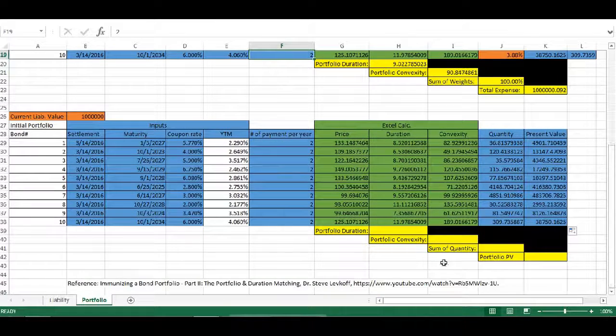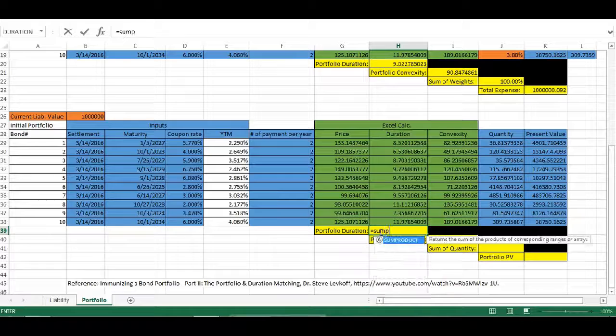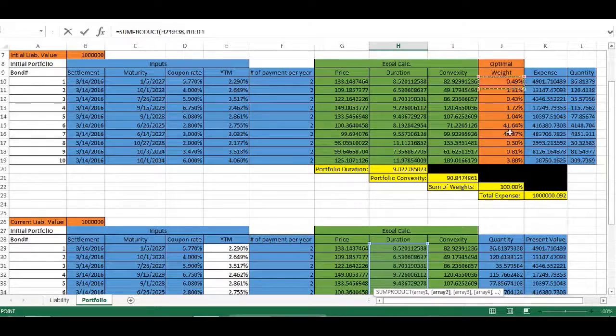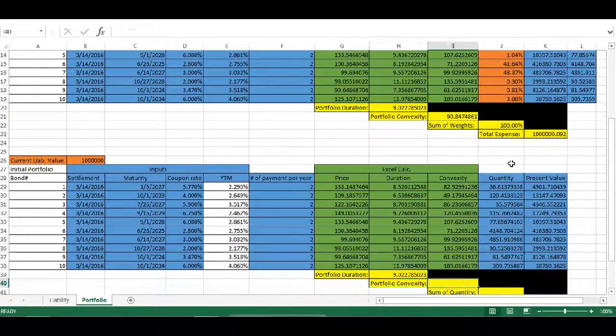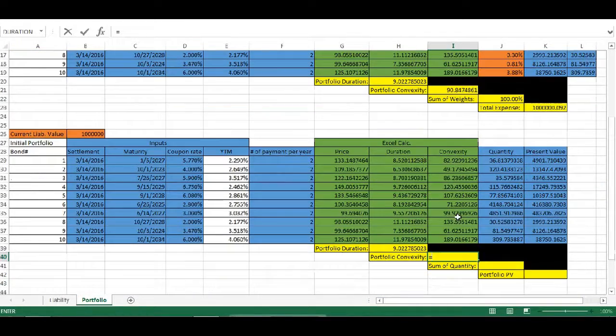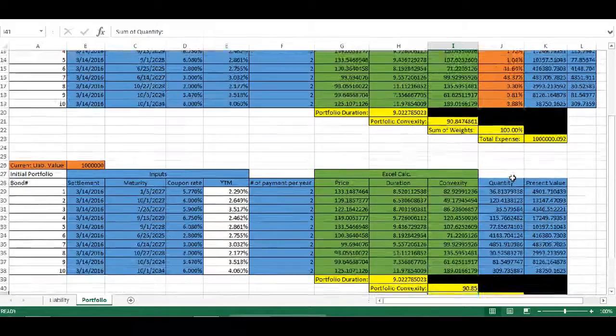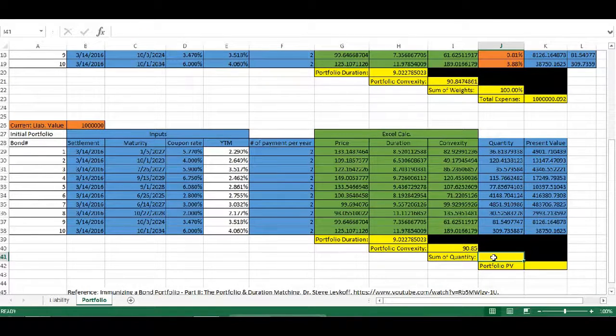Now we calculate the sum here. Again, the bond portfolio duration is weighted average of our new duration and the same weight. Same thing happened to convexity. We have this sum quantity, which does not make very much sense, so we skip it. The portfolio present value, which is